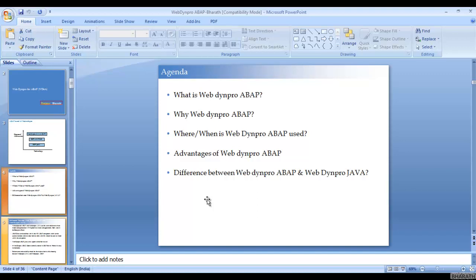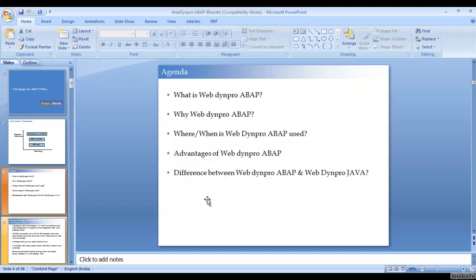And the fourth difference is you can write OpenSQL statements in WebDyn Pro ABAP. You can have direct access to the SAP database in WebDyn Pro ABAP. Whereas in WebDyn Pro Java, to get the data from SAP or to push the data into SAP, we need RFCs. Without RFC, we cannot get the data or push the data into SAP.